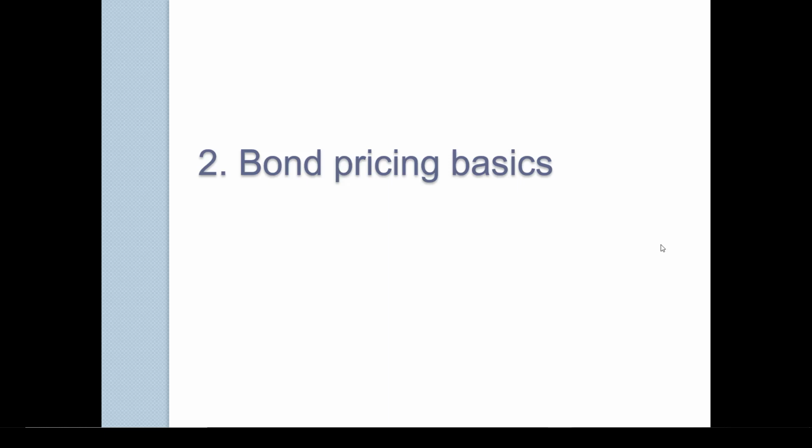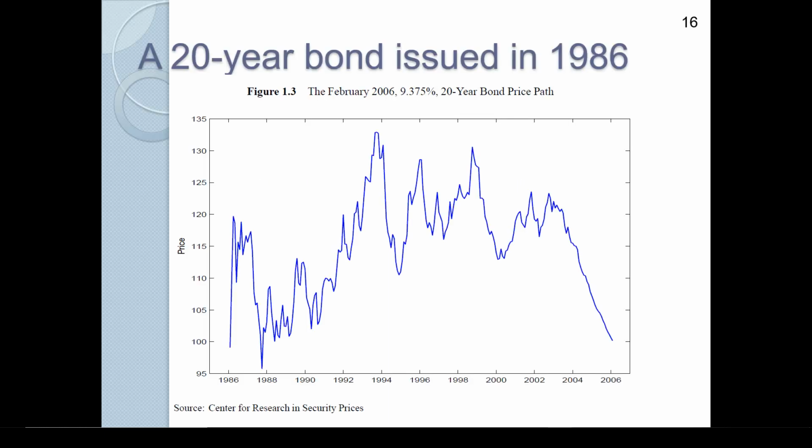In this module, we're going to cover the bond. First of all, it's important to know that a bond changes in price over its life. So here we have a February 2006 bond that was issued in 1986. So it's a 20-year maturity bond, and it has a coupon of